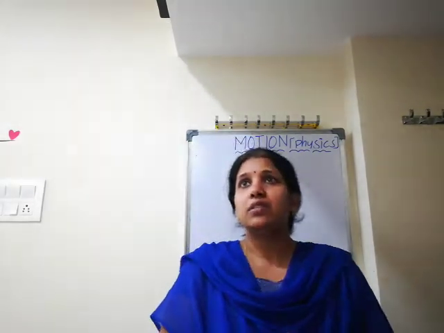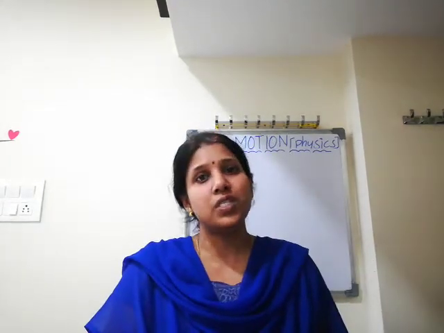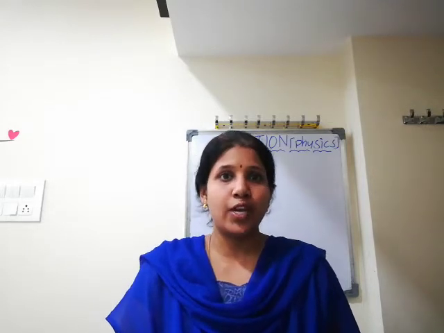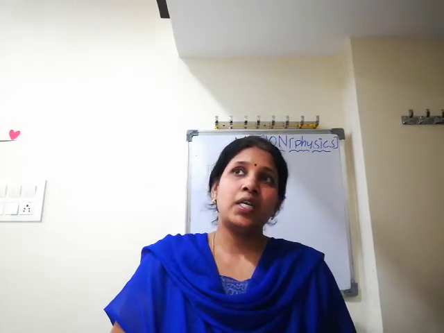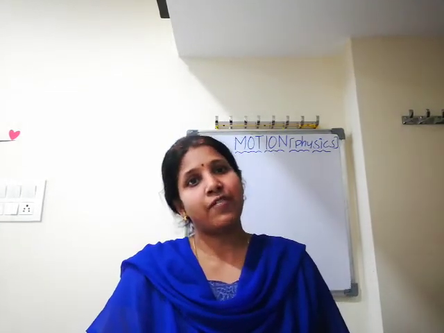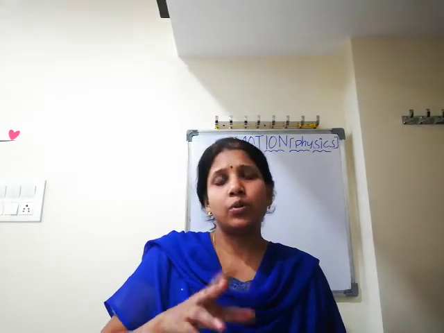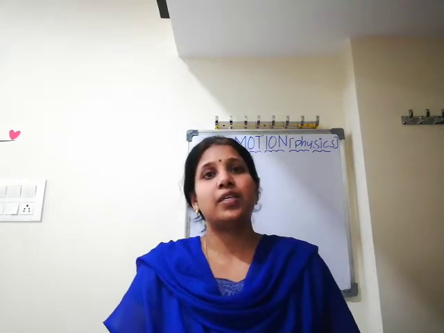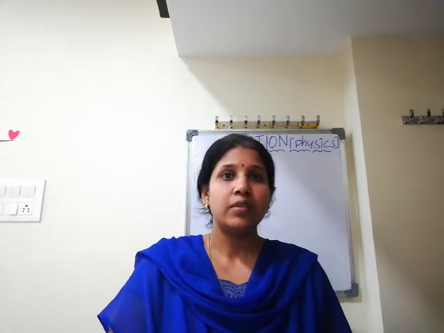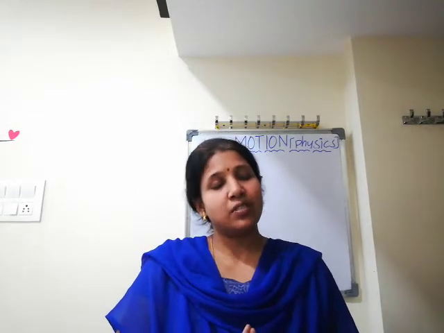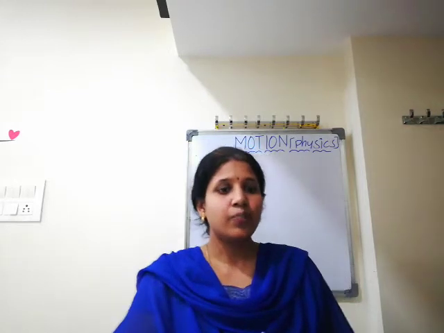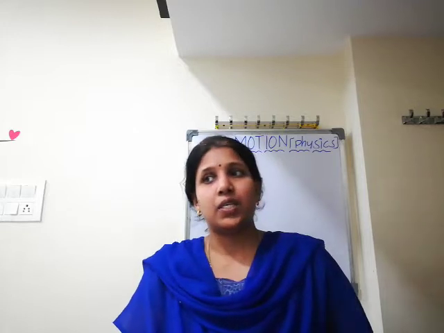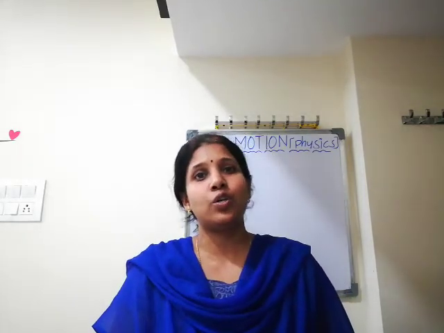In that class, I forgot to tell you the units of distance and displacement. Distance definition: length covered by an object. And displacement is the shortest distance covered by an object. Since both are lengths, the units for distance and displacement are meters, centimeters and kilometers. Clear children? Now we are going to continue the second part with graphs of uniform and non-uniform motion.